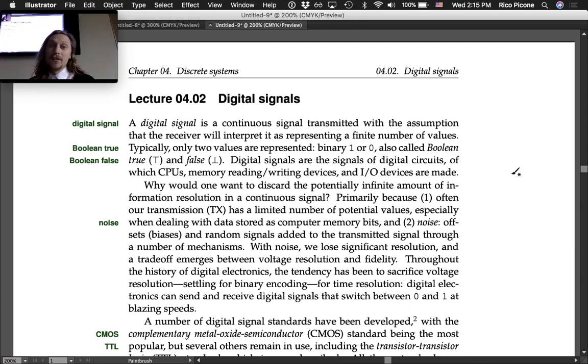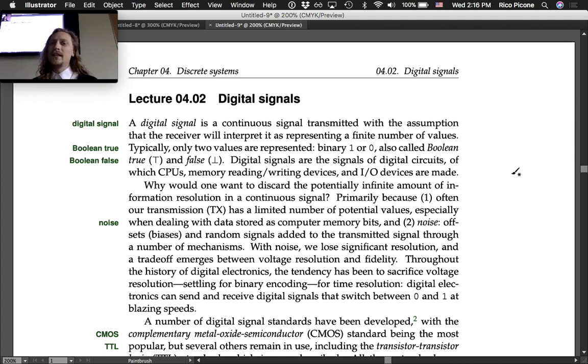So, a digital signal is a continuous signal transmitted with the assumption that the receiver will interpret it as representing a finite number of values. Okay, so a signal is a signal. You can't send a voltage that's not a continuous voltage. They're all in reality analog, right? They're all continuous voltages, but